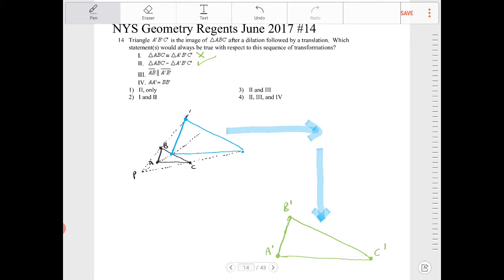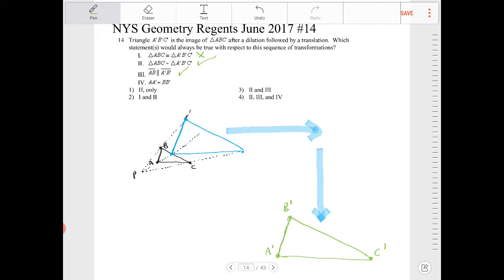AB is parallel to A prime, B prime. That is absolutely true. And again, I encourage you to try this out for yourself. Go through a dilation, go through a translation. You're going to see that all the corresponding sides will end up being parallel to one another. So that is option 3. That does work. All right, the next one,